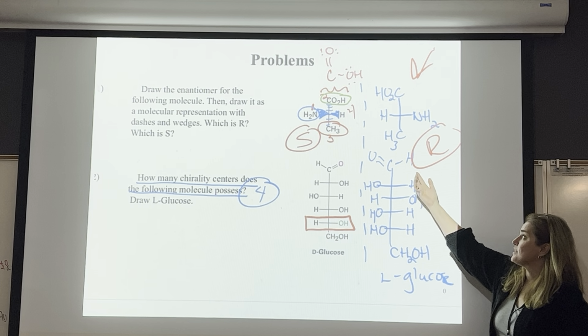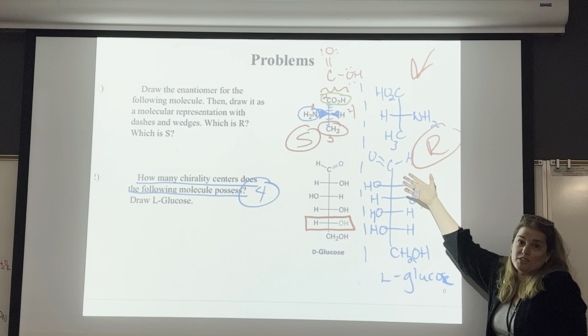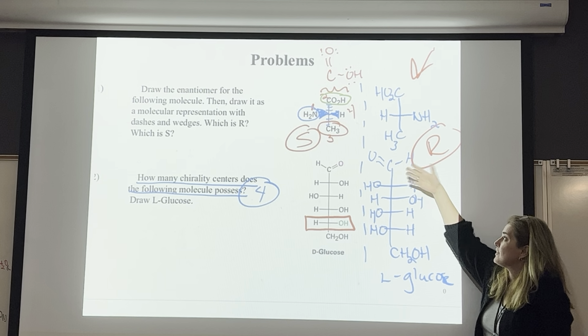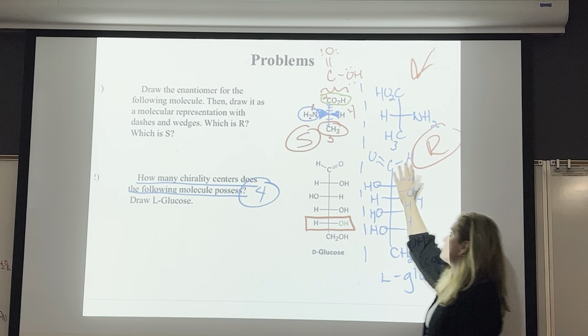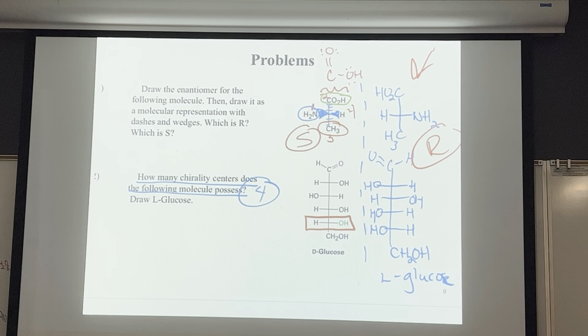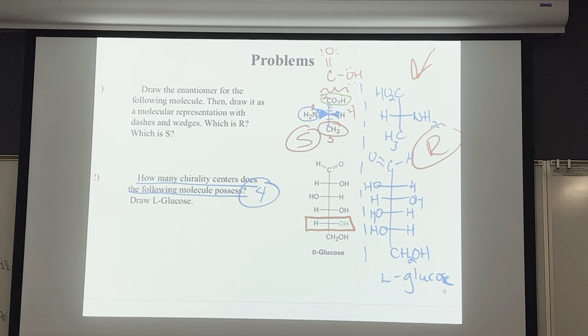So that's why I drew this one that way. If you like it like mirror image like that, go ahead and draw it that way, but you'll also see it where it's drawn the other way because that's not a chiral carbon. So you can also draw that one like that, because a lot of times chemists just leave the achiral carbons just as is, because chemists are lazy like that.